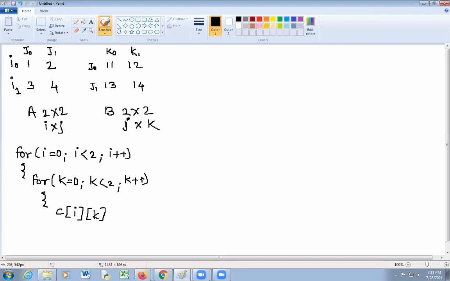आता ह्याच्यामध्ये मॅट्रिक्स ए चा विचार केला तर इथं के व्हेरिएबल अब्सेंट आहे. मॅट्रिक्स बी चा विचार केला तर इथं आय व्हेरिएबल अब्सेंट आहे. मग आय इक्वल टू 0. ओके. आय इक्वल टू 0 म्हटल्यानंतर either this value or this value.